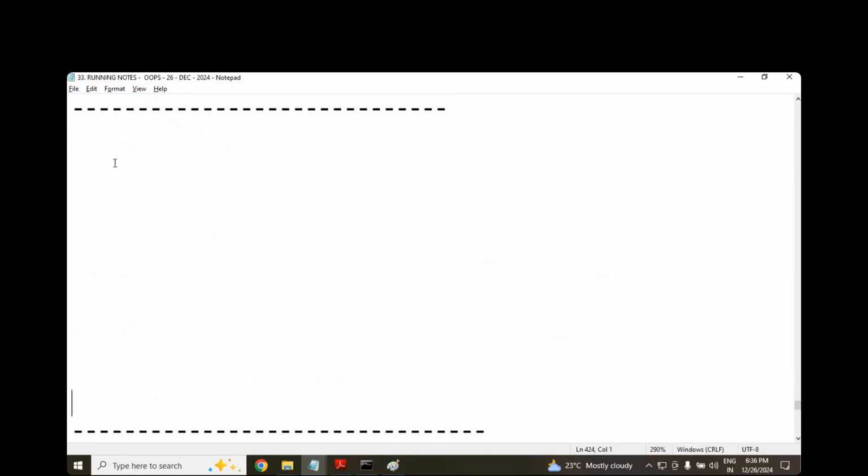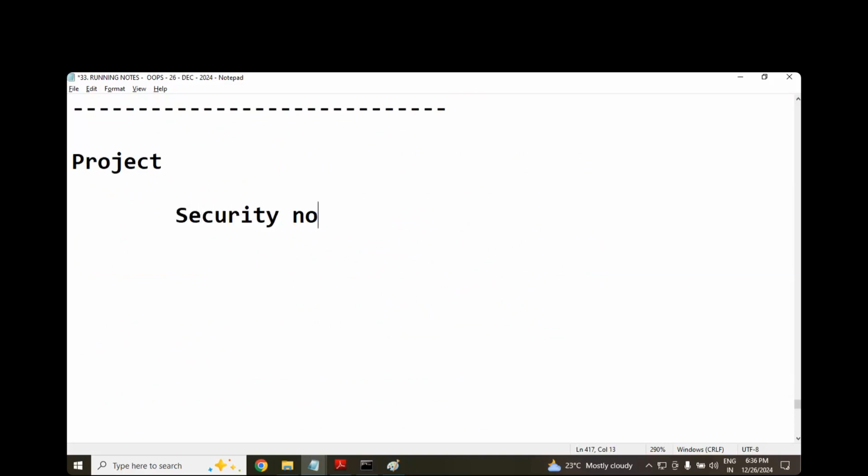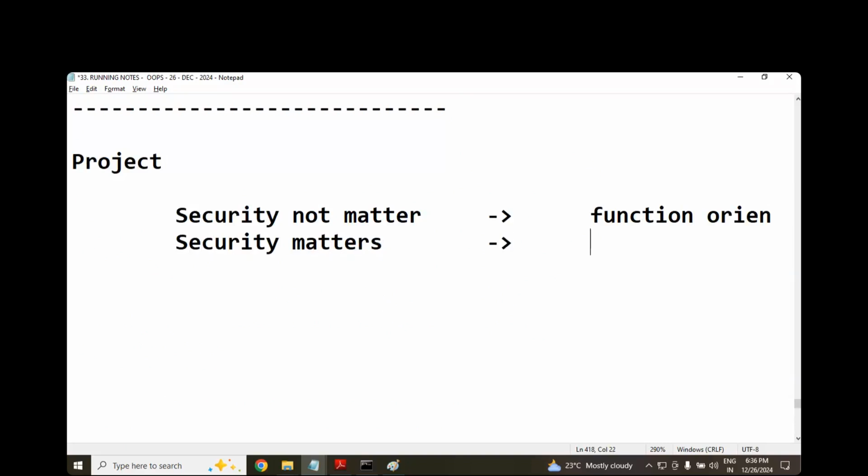Whenever you are talking about functions, imagine there is a project. For me, security is not a matter, but I need output. In that case you can go for function oriented. Daniel, I'm going to create a project where security matters for me, then go for object oriented. Whenever you are applying object oriented,